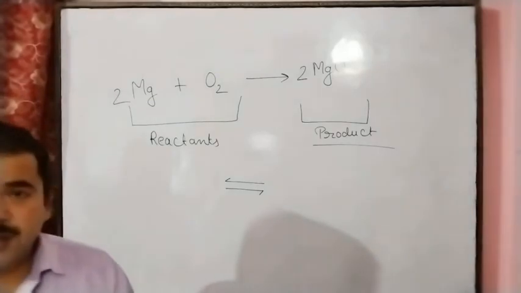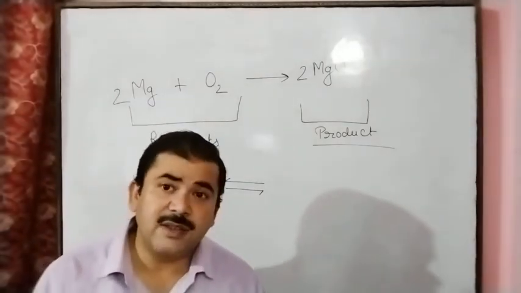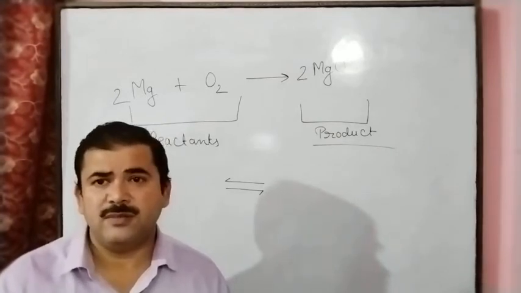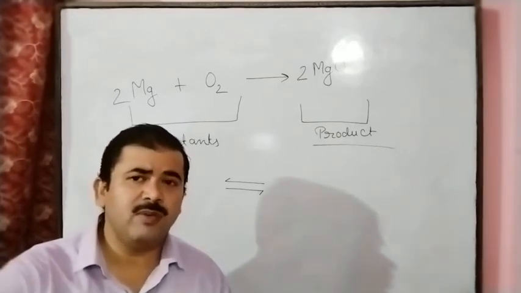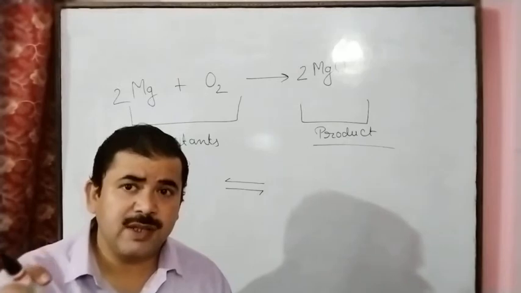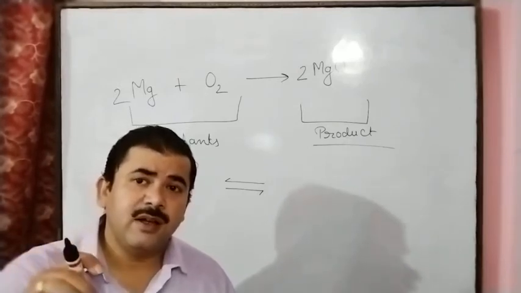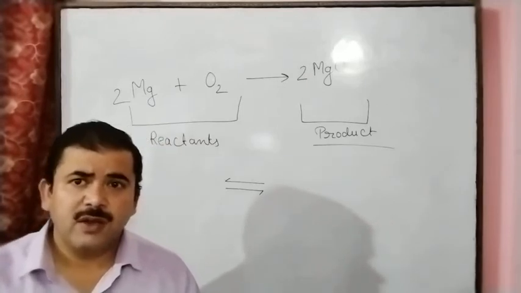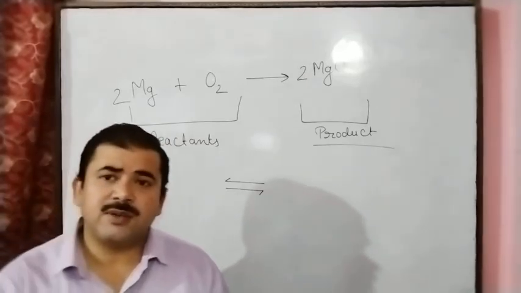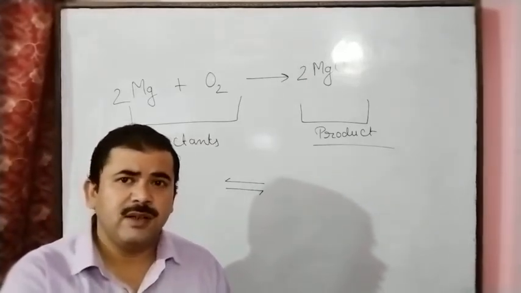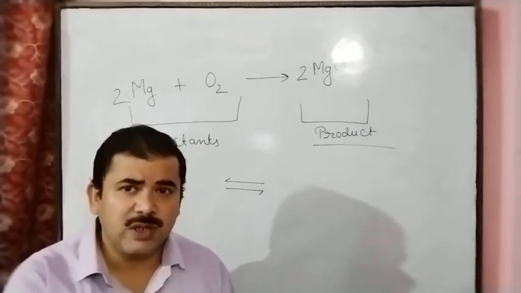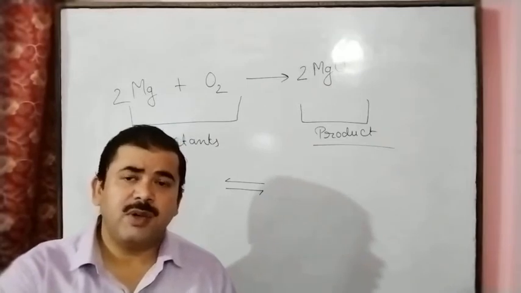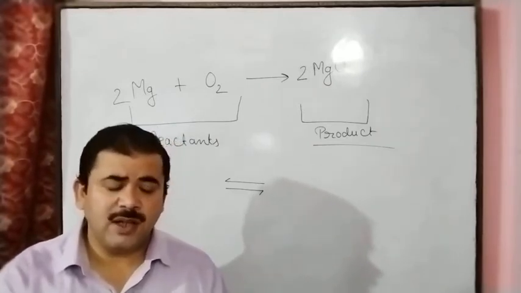A chemical equation does not tell us about the concentration, meaning what is the concentration of the particular substance, how much amount of the substance is dissolved in the liquid for making the solution. Suppose the substances react in solution, then how much amount of the substance is dissolved in the particular liquid for making the solution.